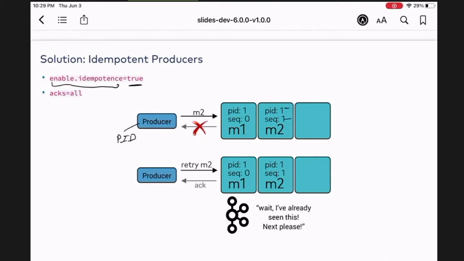But let's just say you don't get your acknowledgement for message number 2. So it retries to send the message, but the broker says, hey, wait a second, I've already seen this, because the message with sequence number 1 already exists. So it does not allow this to be saved, right?